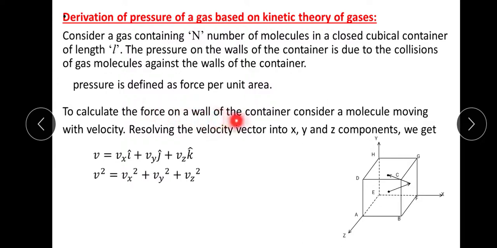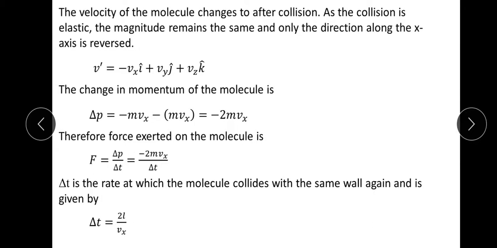Now, to calculate the force on the wall of the container, first we need to consider a single molecule. This molecule can have a motion along the x direction, y direction or z direction. It is free to move inside the container. Let us write the velocity of this particle as v = vx i cap + vy j cap + vz k cap, and its magnitude is given by v² = vx² + vy² + vz². Now imagine this molecule is moving towards this wall, and after undergoing the collision,